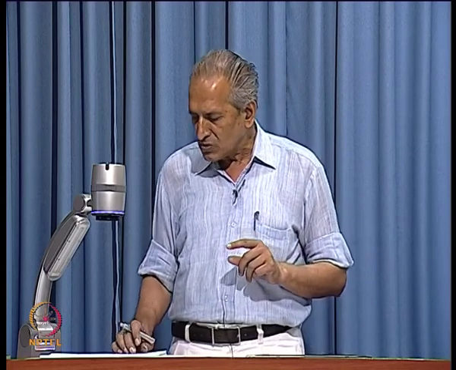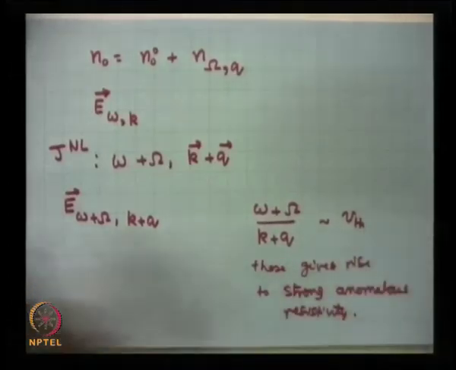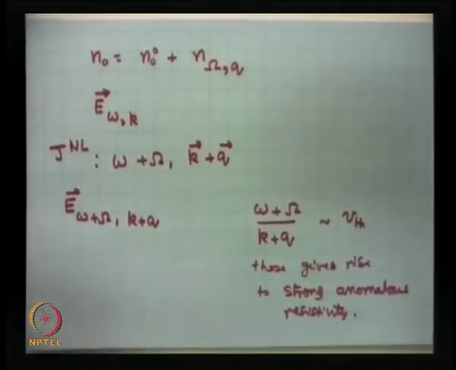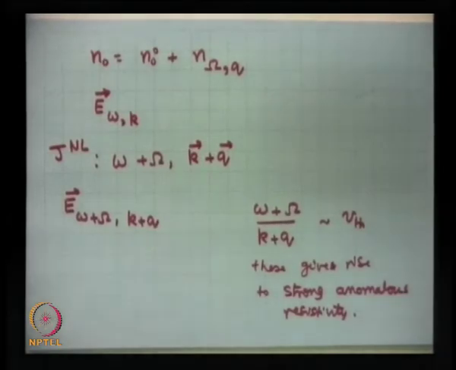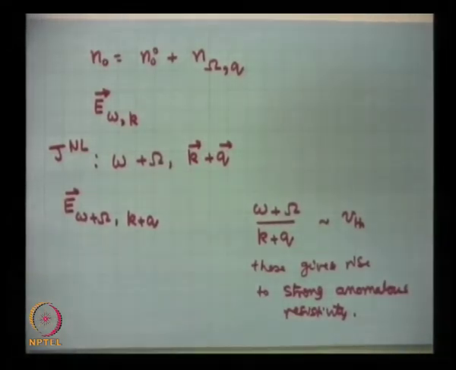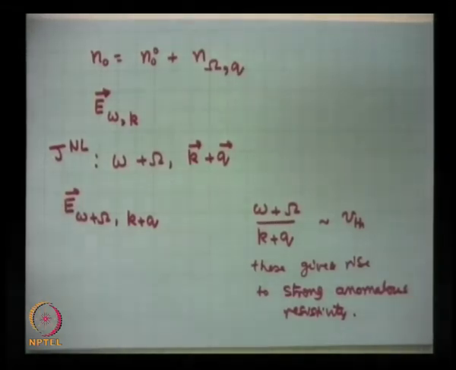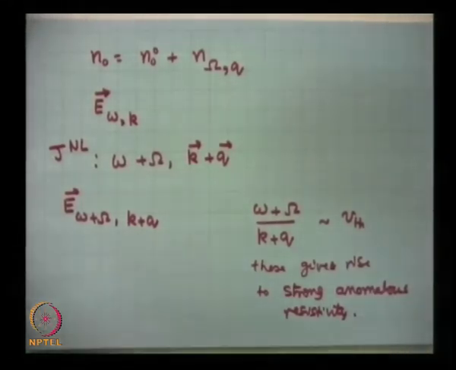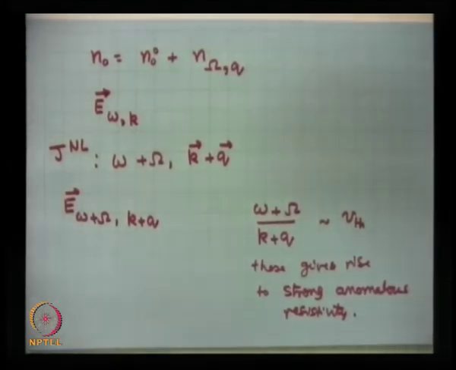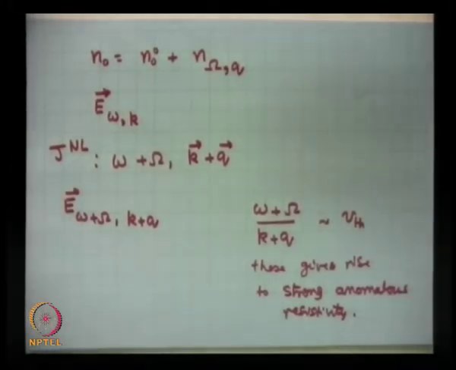So, all density fluctuations are not going to play an important role in anomalous resistivity. Only those that satisfy this sort of condition are going to play a role. It is a very crucial condition, and I think plasma is very rich in waves, especially if there is a magnetic field in the system. Then you can get all sorts of instabilities. Drift waves, for instance, are a major instability in plasmas, and they can provide anomalous resistivity. Not only resistivity, they can also provide anomalous diffusion, anomalous conduction in the plasma.